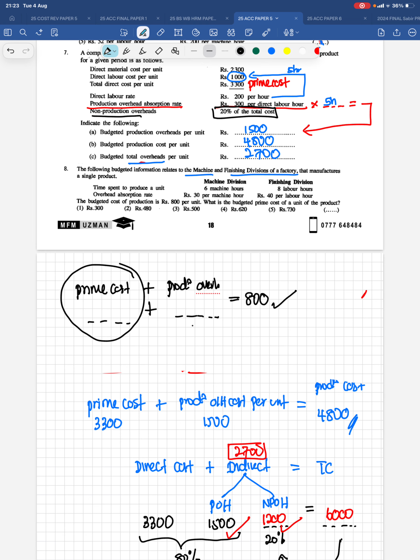The overhead absorption rate is 30 per machine hour for 6 hours, so 30 into 6 is 180. And what about the finishing division? 40 per hour into 8, 40 into 8 is 320. So this will give me 500, which means the answer is 300. Answer is number first one. I hope you all